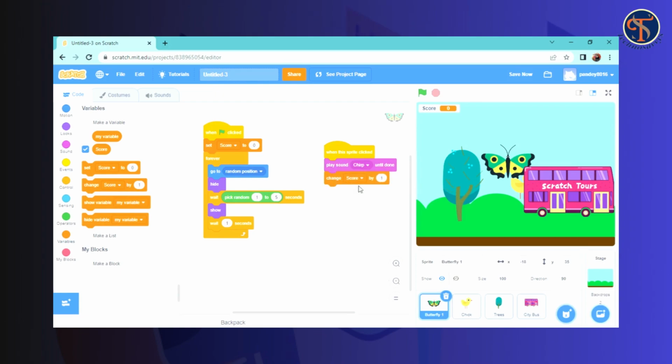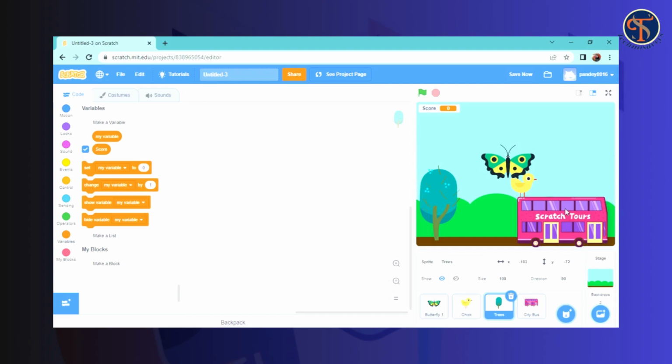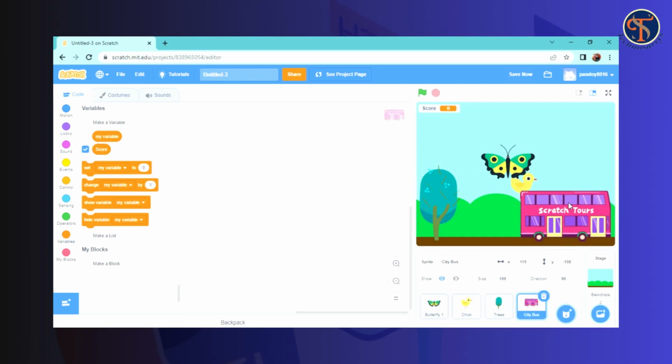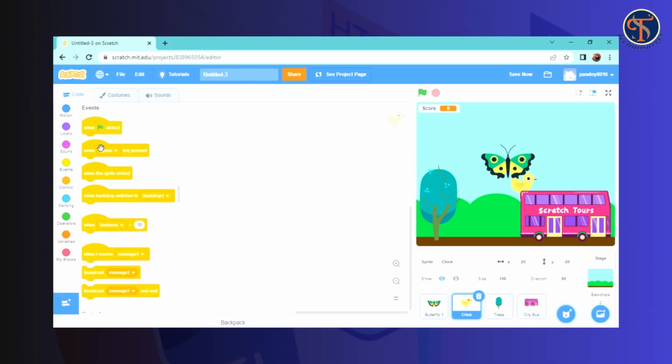Let's quickly move the tree here and the bus here, and let's come to the chick and set up the codes for it. As we did for the butterfly, we'll do it in the same way for the chick as well. Firstly, we'll go to the events section and select the block of when green flag clicked. After that, we'll come to the variables and select the block of